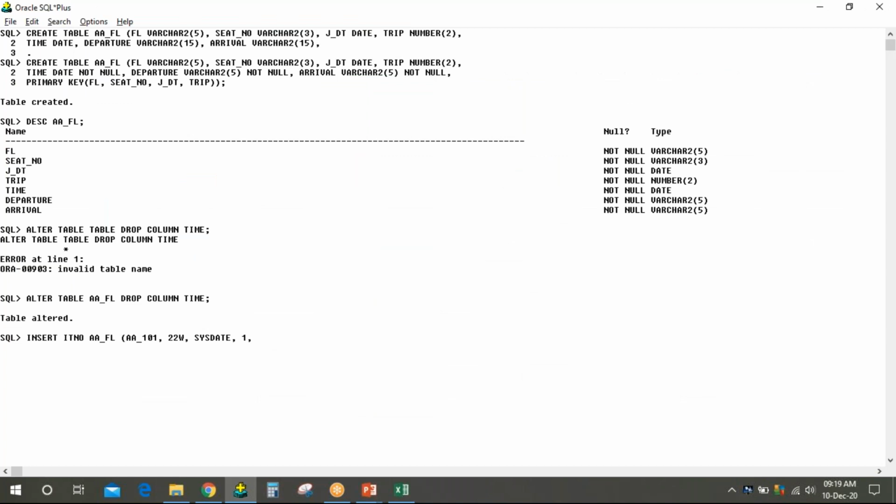The departure, let's say it is departing from Bangalore, going to Chennai. Tell me what is the error? What kind of error I have made here?